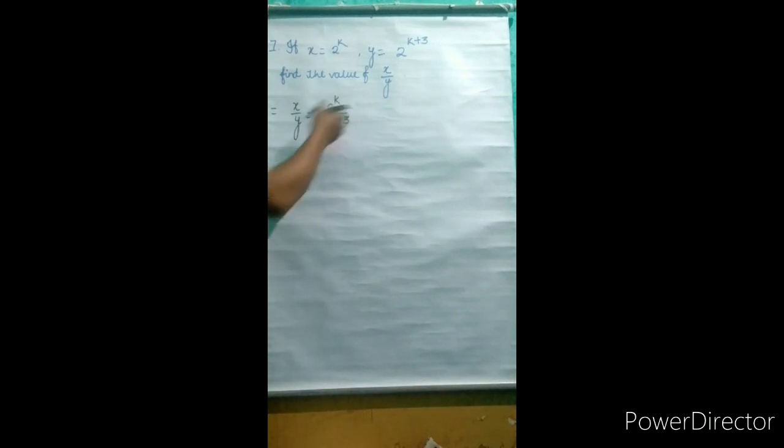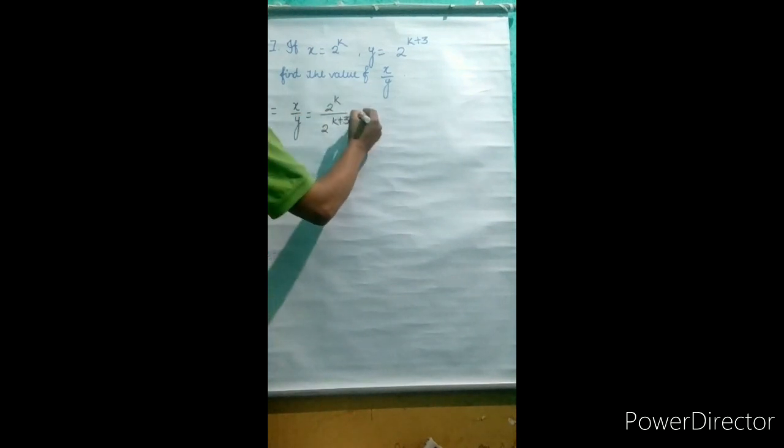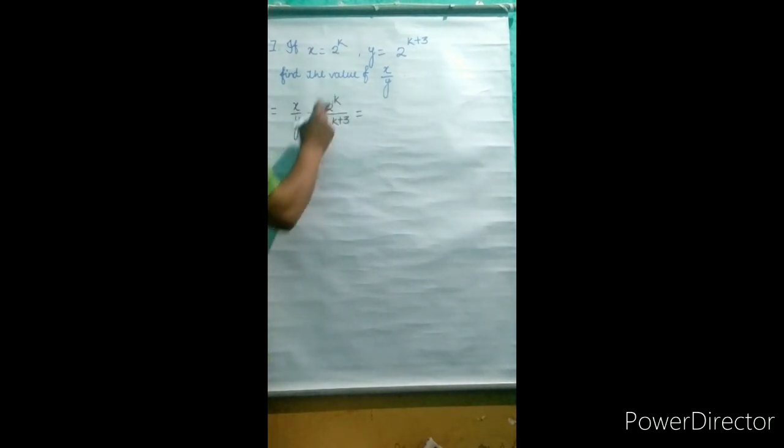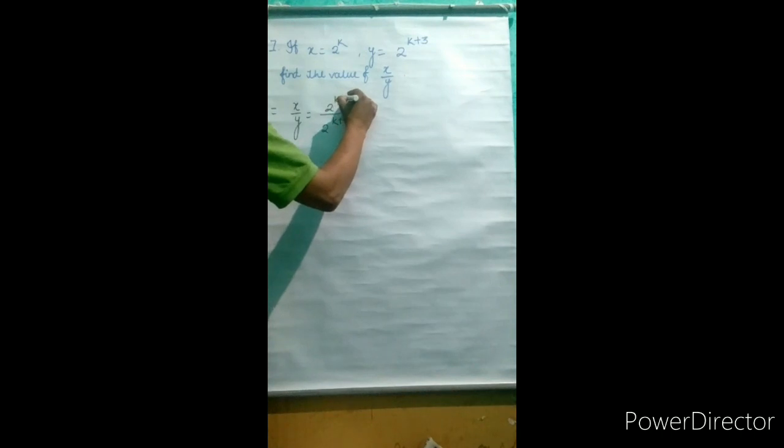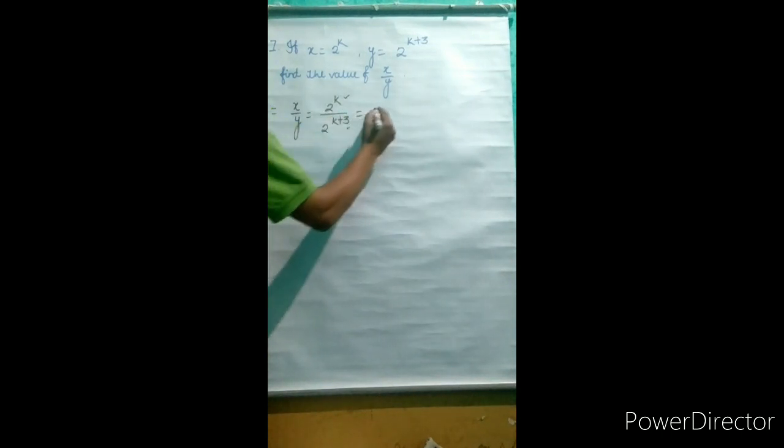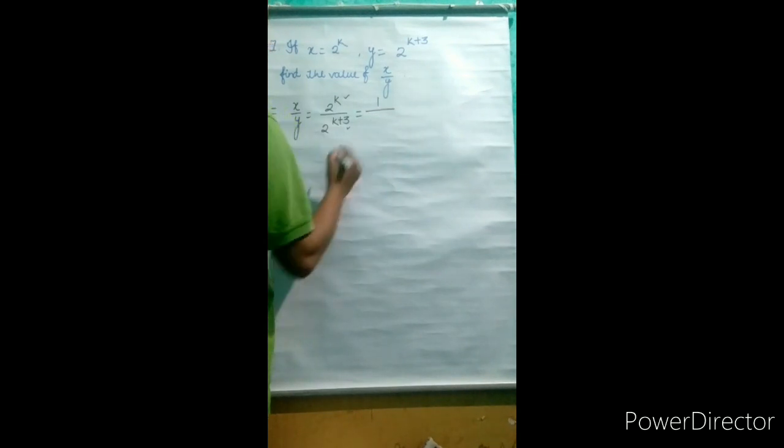So what you can do here, take it above for solving it, because in division, when bases are the same, powers get subtracted. Or one thing you can do: this power is smaller and this is greater, so subtraction will happen in the denominator, and upside you can keep 1.